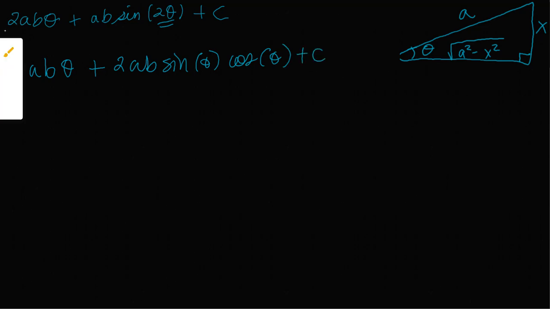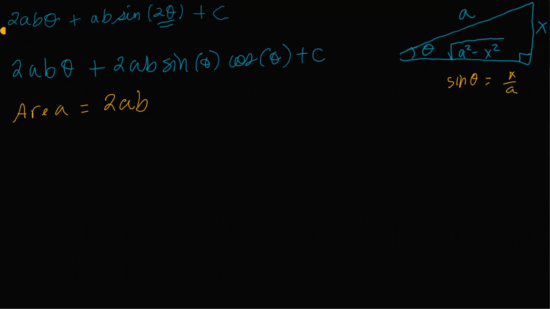So if we were to go back and say what our area is going to be, I'm going to put x back in, 2ab, right? And we know that sine of theta is x over a, so theta is inverse sine of x over a. And then we are looking at 2ab